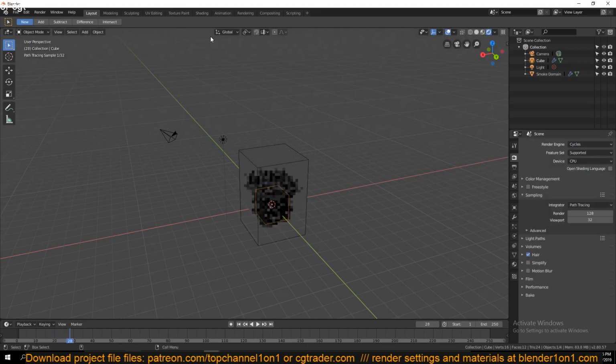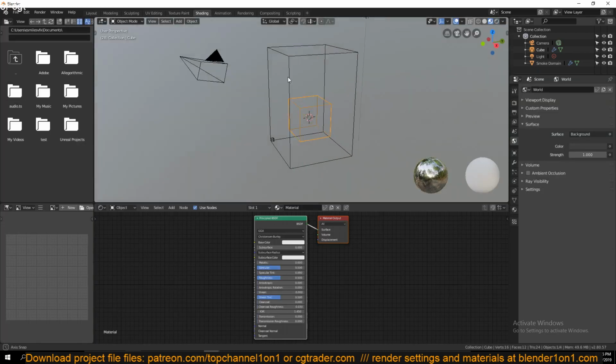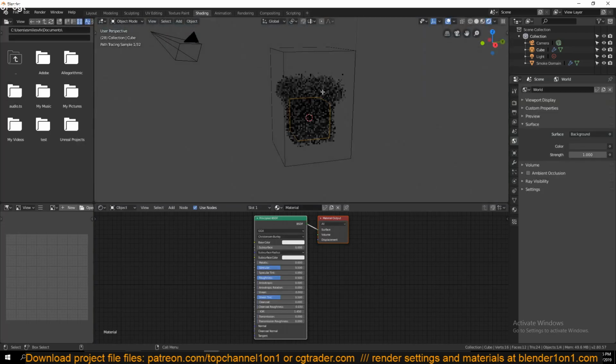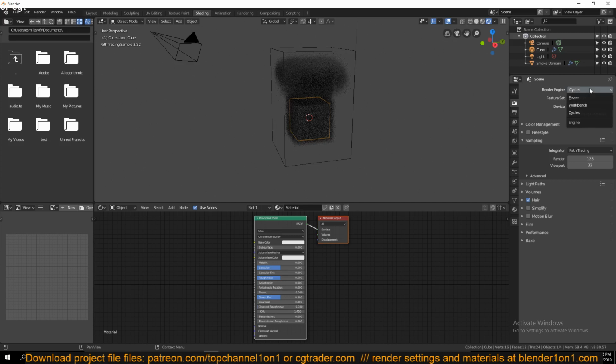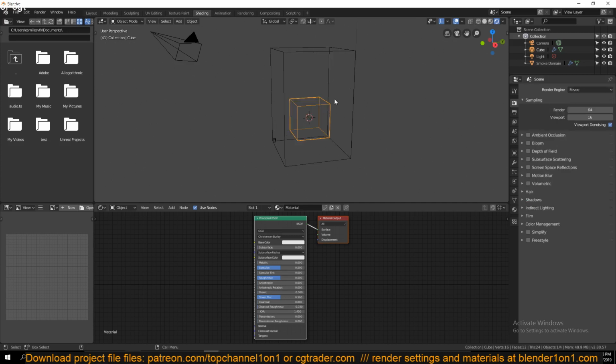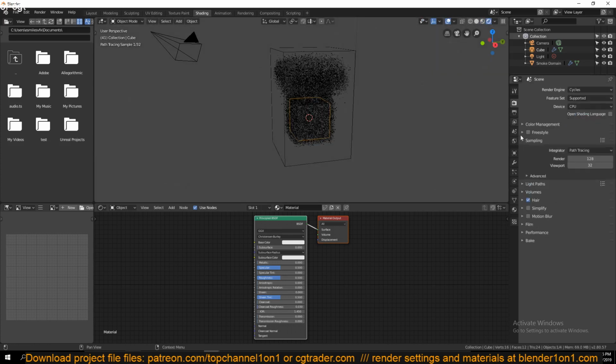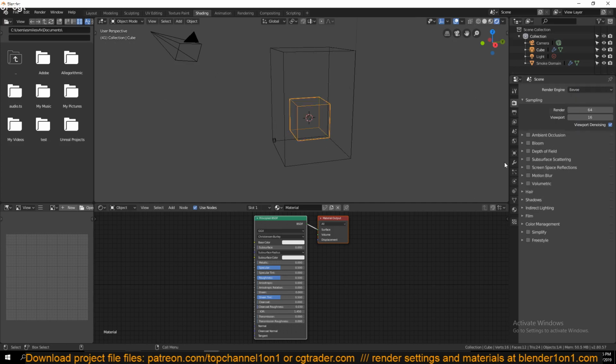Now let's go to the shading tab here so that we can see the lighting and everything. So if you go to render here, you can see the smoke is rendering in cycles, but it's not rendering in Eevee. Let me switch back to Eevee here. The reason why it's not rendering in Eevee and rendering in cycles is because in cycles by default the volumetric setting is always enabled, but in Eevee it's not. So if you want to render things that need volumetric calculations, you need to enable that under render settings, and